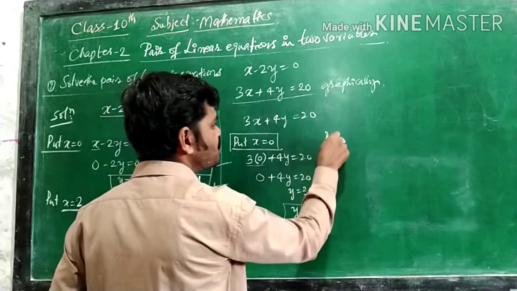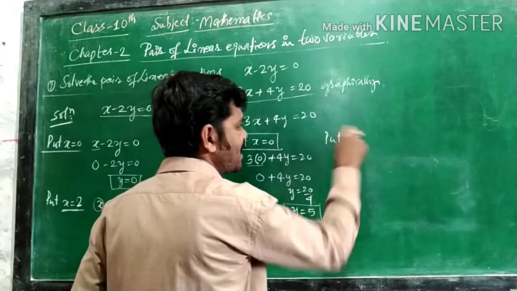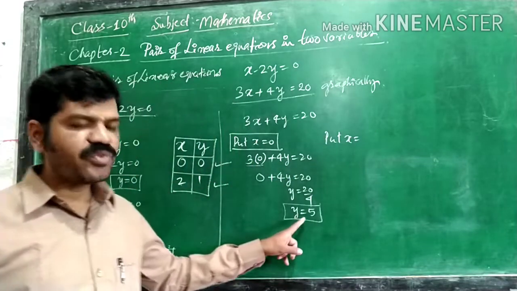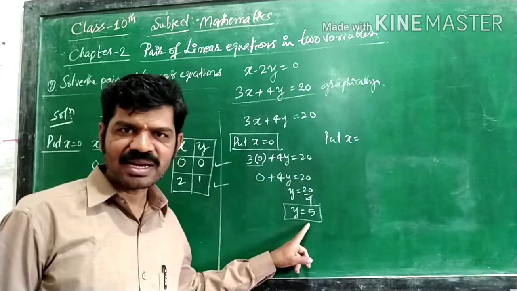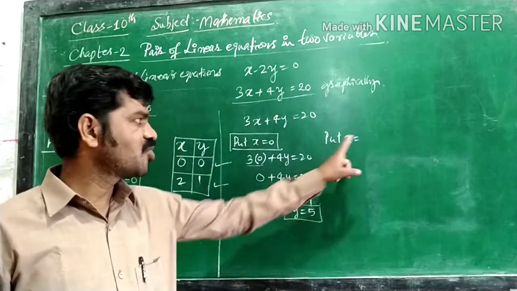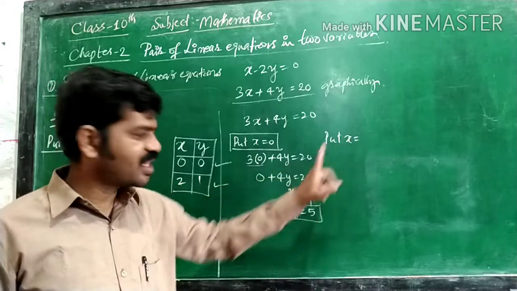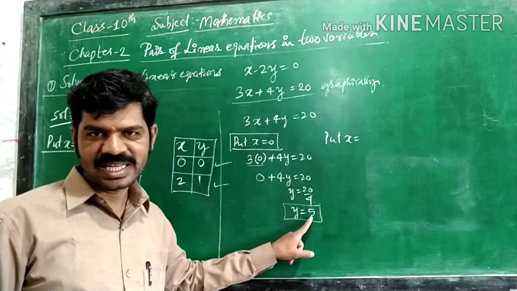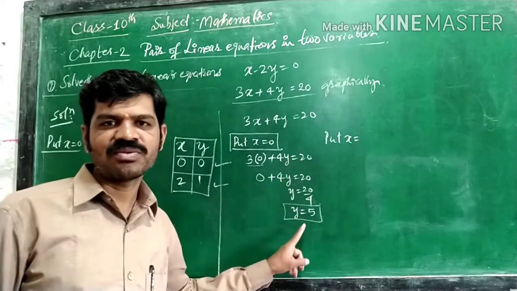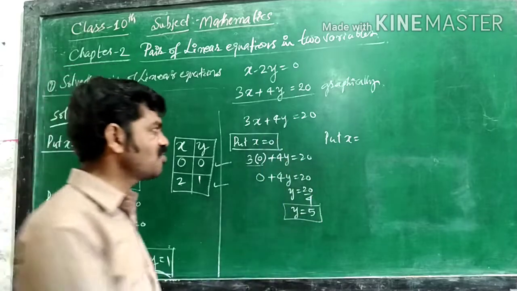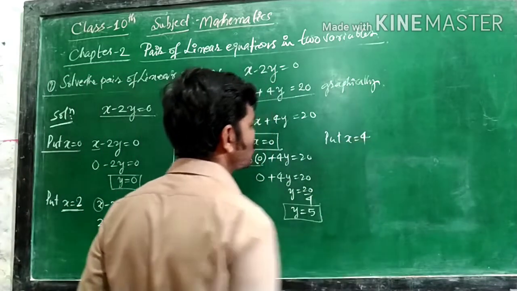Again, put x is equal to 1. We won't get a complete number; there will be a fraction. If we give 2, then also we won't get a whole number. With 3, there is also a fraction. So let us give 4. When x is equal to 4 is given,